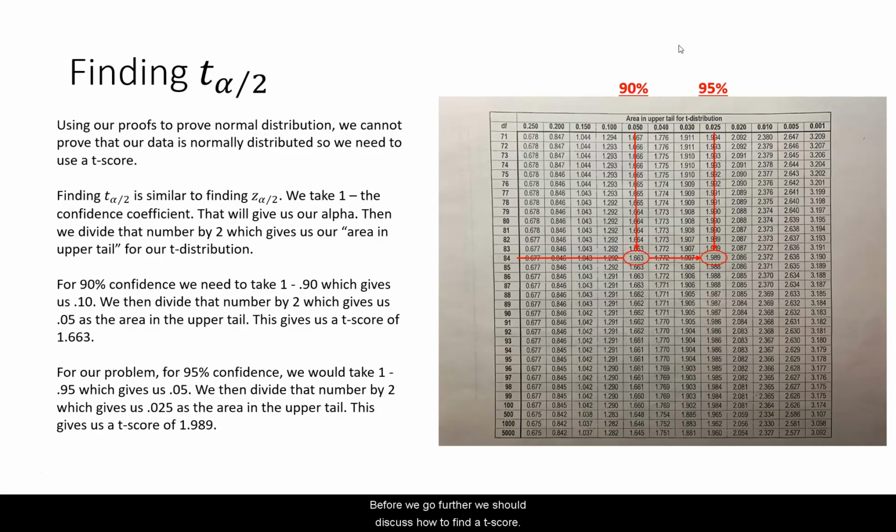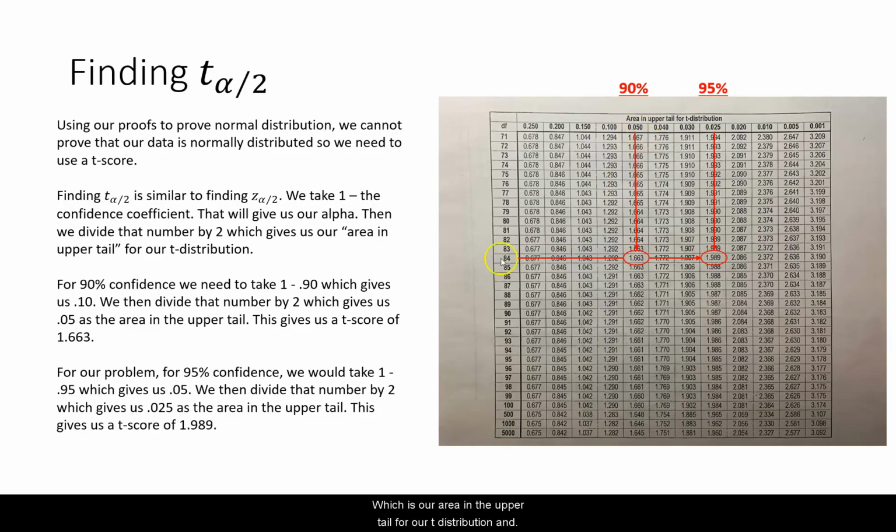Before we go further, we should discuss how to find a t-score. Using our proofs, we cannot prove normal distribution, so we need to use a t-score. Finding the t-score of alpha divided by 2 is similar to finding the z-score of alpha divided by 2. We need to take 1 minus our confidence coefficient, and that will give us our alpha. Then we divide that number by 2, which gives us our area in the upper tail for our t-distribution. For example, for our 90% confidence, we take 1 minus 0.9, which gives us 0.1 as our alpha. We then divide that number by 2 and get 0.05, which is our area in the upper tail for our